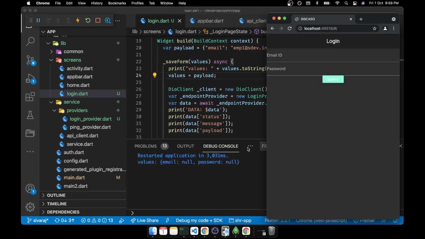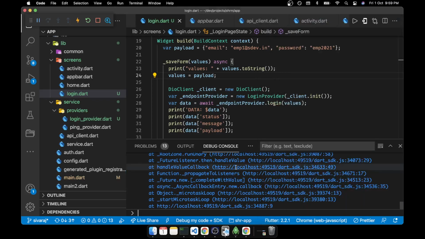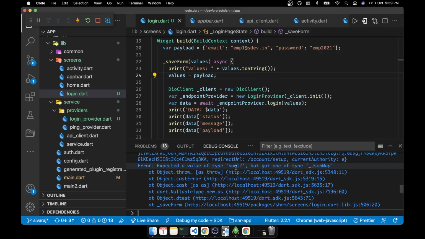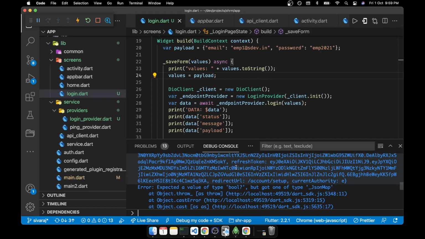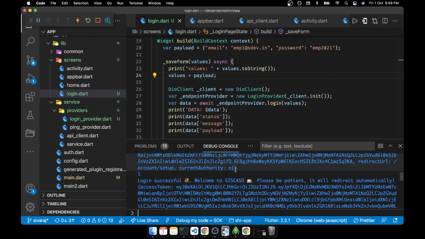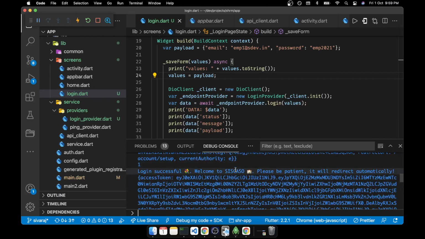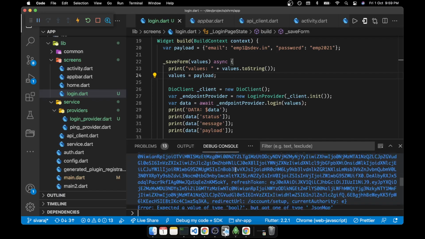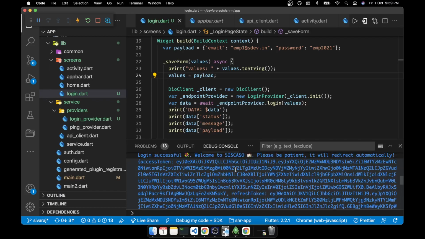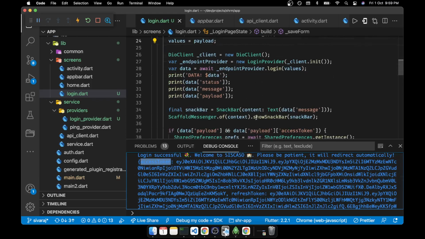We can submit it, it will call the API. Successful. See, now where is this data coming from? This is the data, this is the status, this is a message, this is a token or payload. He said this payload can be accessed here this way.